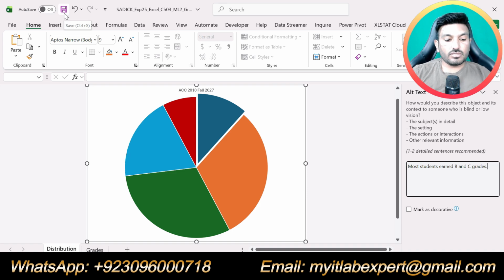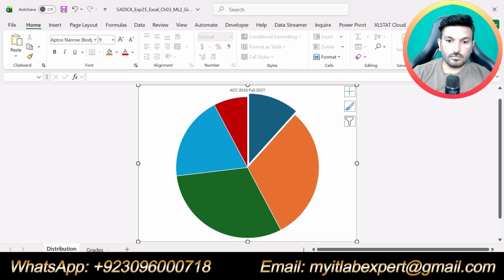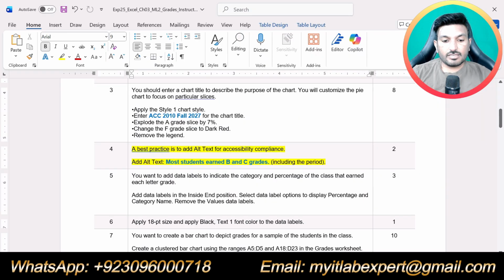Once you click on save, it will be saved. So close this one. So that is all about step number 4.